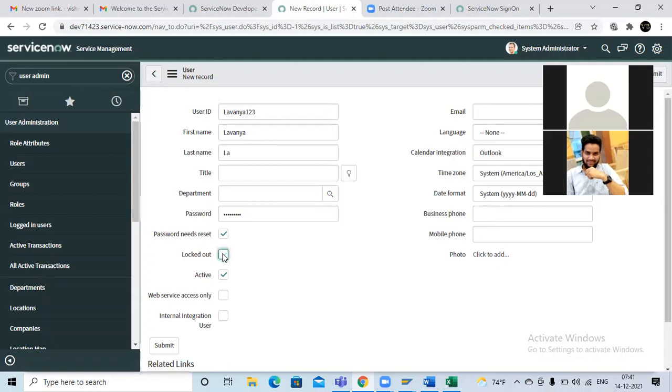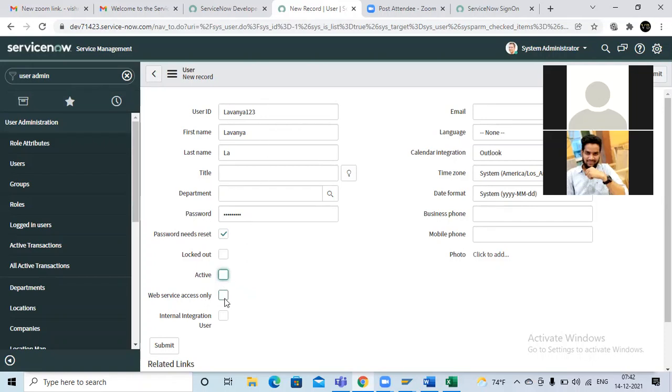Okay, so active means, now I have created Lavanya here. Lavanya worked only for 1 year. After 1 year, she left the company, but the status is still active. In case she left the company, we have to remove her access, right? So if the check mark is there, she is active. If the check mark is unchecked, she cannot use this access. It's a simple one only.